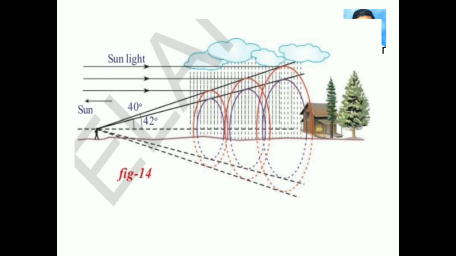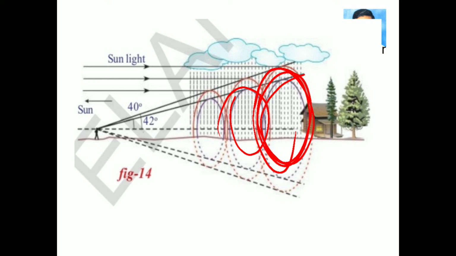A rainbow is not a flat two-dimensional arc as it appears. The rainbow you see is actually a three-dimensional cone with the tip at your eye as shown in the figure. All the drops that disperse the light towards you lie in the shape of a cone with different layers. The outermost layer is red color and the innermost layer is violet color, and we have the remaining colors in between these two layers.